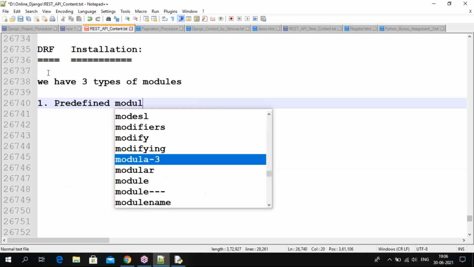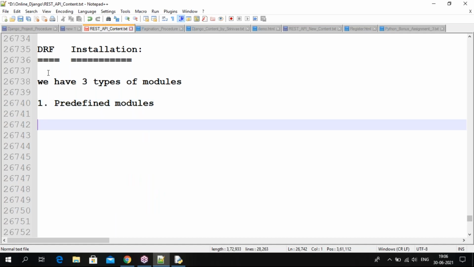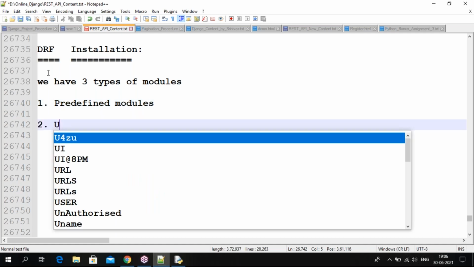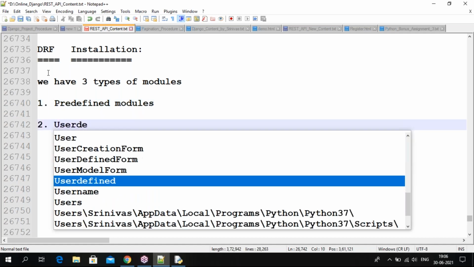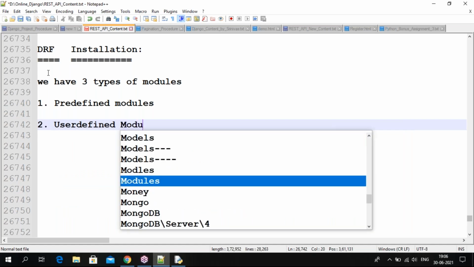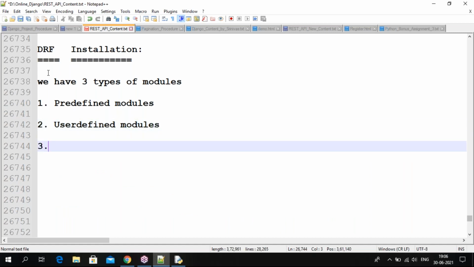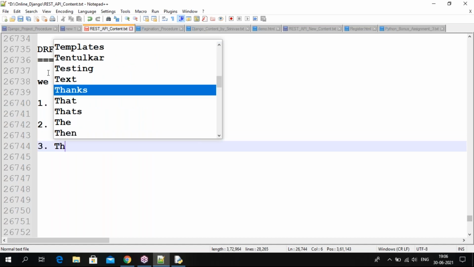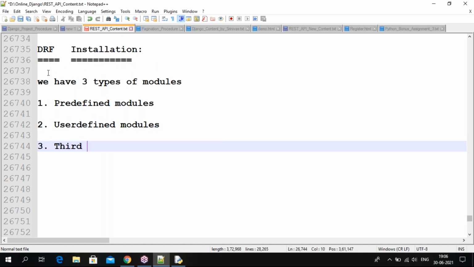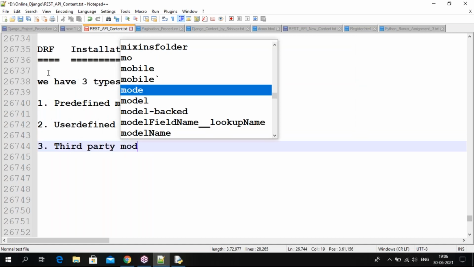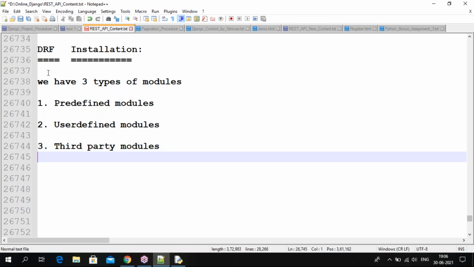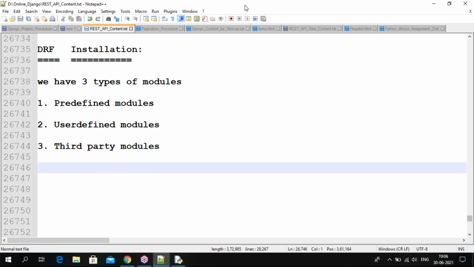Next, user-defined modules. And the third one is third-party modules. These three types of modules, guys, are important.